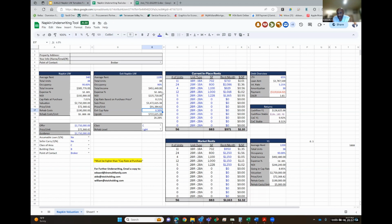Another part of this that we need to look at is what the exit cap rate is going to be, right? And so part of multifamily real estate is guessing how much your deal is going to be worth in the future when you refi or sell it, right? And so it's a little bit of crystal balling. So you can get your exit cap rate from your brokers, from your debt brokers, from